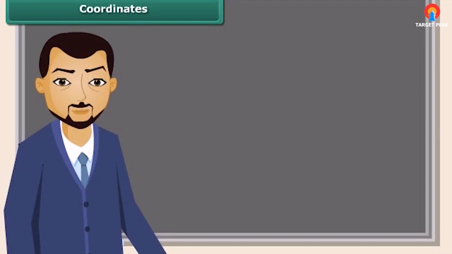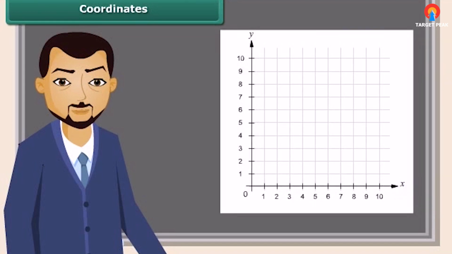Coordinates. Locate the seat in your class. For this, you need to know two numbers, that is, the row number and the column number. For example, (3, 2), which is 3 units from the left edge and 2 units from the bottom edge, is plotted on a graph sheet. In a graph sheet, we draw x and y axes conveniently and then fix the required